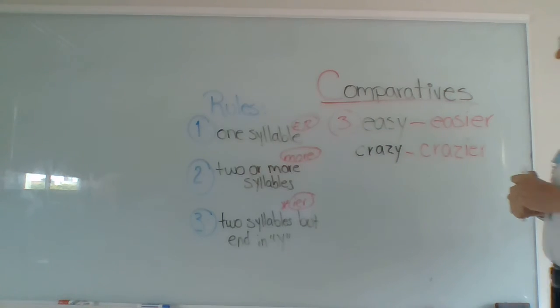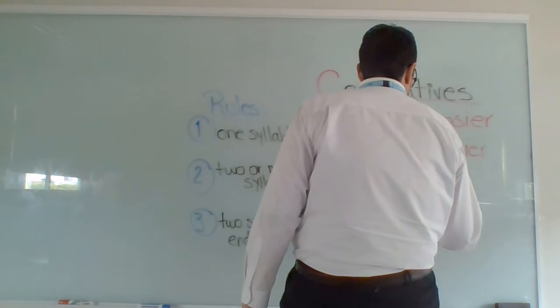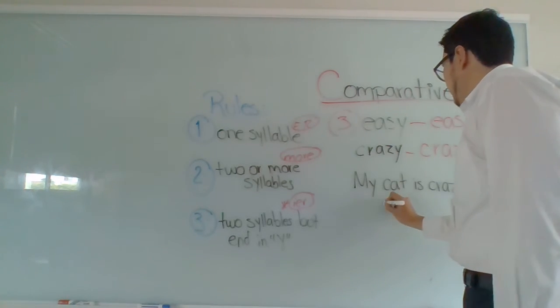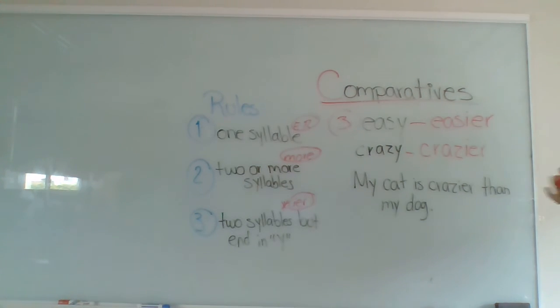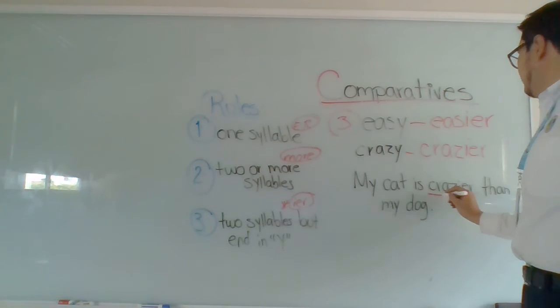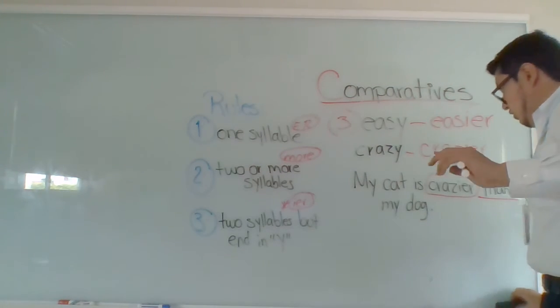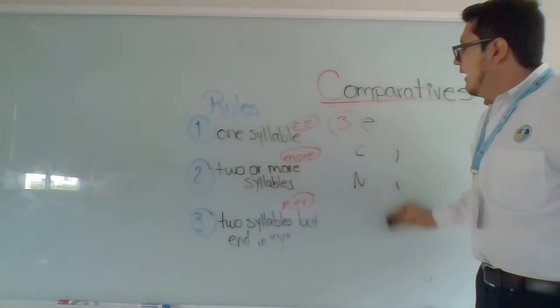Crazier. For example, my cat is crazier than my dog. Here we have it. My cat is crazier, adjective, and my dog. My cat is crazier than my dog, and this is my third rule. So those are the 3 rules that we have for comparatives, but